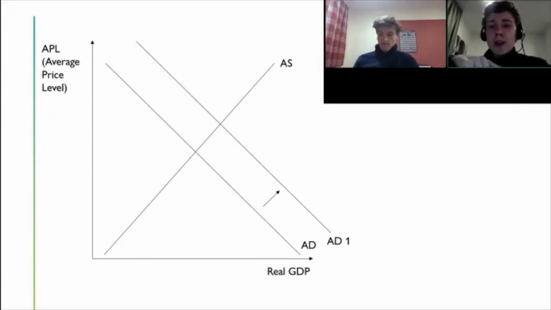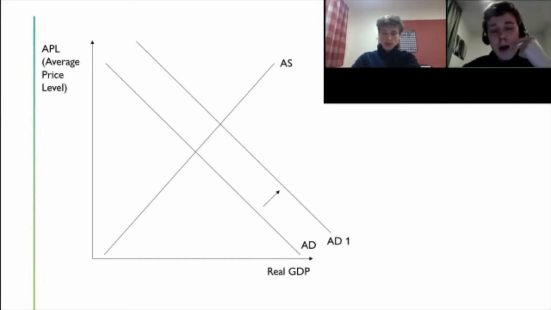But as you can see here, we have a shift from AD to AD1. And obviously in this snapshot in time, AS remains the same, but we'll explore later how AS will actually react. So as we talked about earlier, there are different components of AD. So this shift in AD could be as a result of, I don't know, a decrease in income tax, for